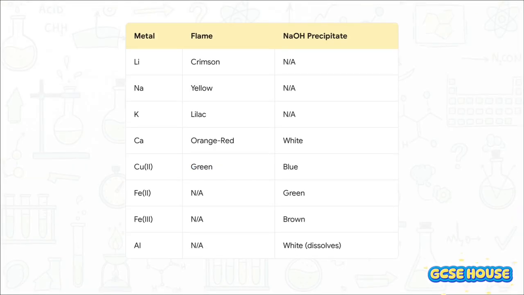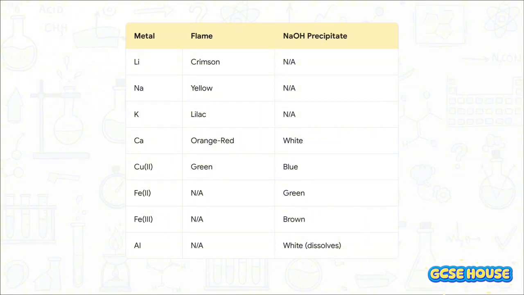Knowing your positive metal ions is basically non-negotiable for a top grade. For flame tests, you've got crimson lithium, yellow sodium, lilac potassium, orange-red calcium, and green copper. Then for your sodium hydroxide precipitate tests, copper 2 makes a blue precipitate, iron 2 is green, and iron 3